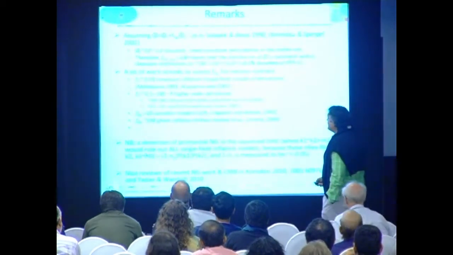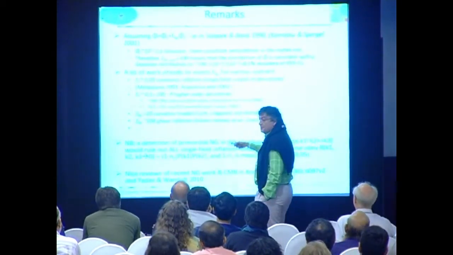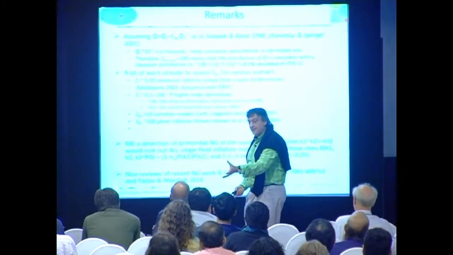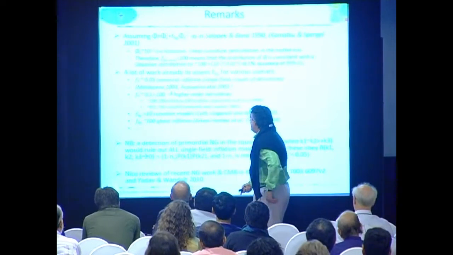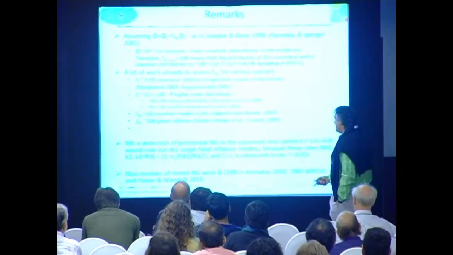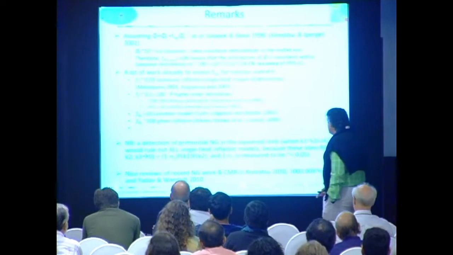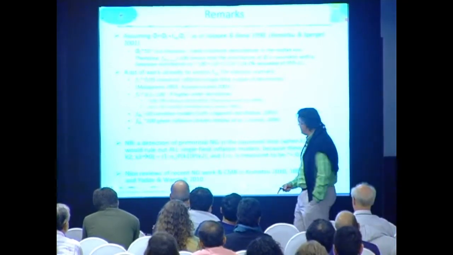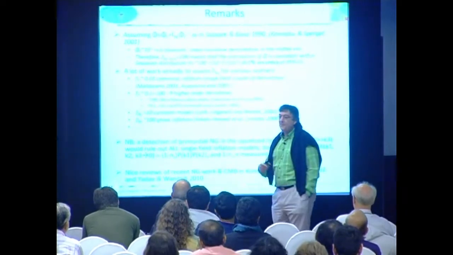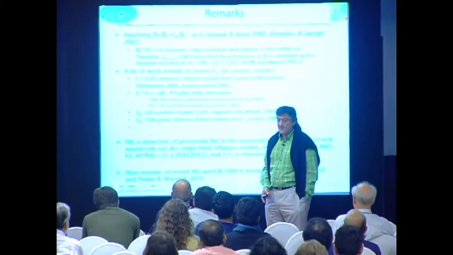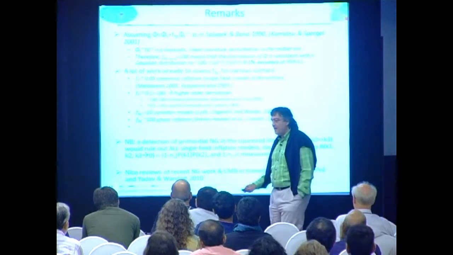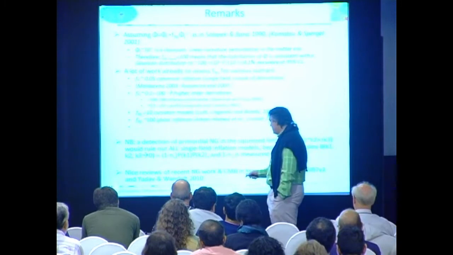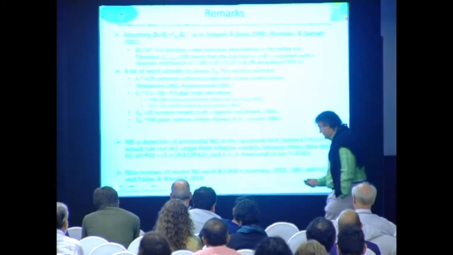The point is that there has been a lot of work on trying to relate specific models to specific values of the amplitude now for various shapes. And one of the things that is interesting is that a detection in the squeezed limit will essentially kill all single field inflation models, because given the value of NS that we know of, this should be very small. In other words, it should be undetectable. So if we measure it, it means that we have to have something a little bit odd. For people that want to get more into this, I point you to 2 recent reviews on the subject.